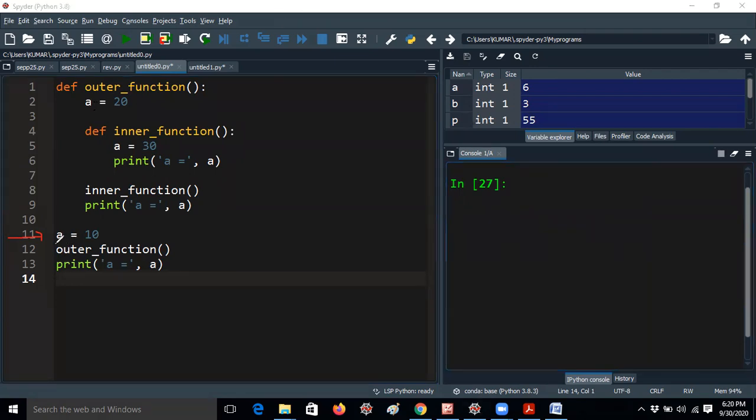In the same way, I am defining a value here. I am giving a value here. I am giving a value here. Here, what will be the value? Here, which value will be printed? This is the big question mark. These are very important questions, especially in written test examinations; they will give questions like that.